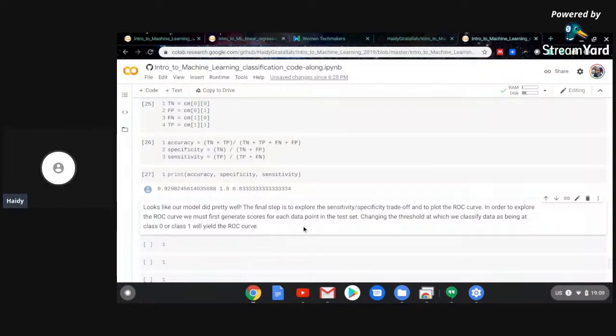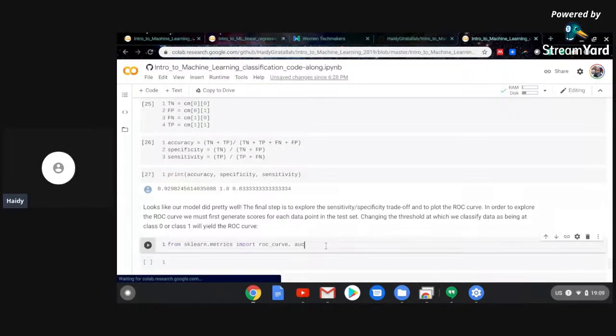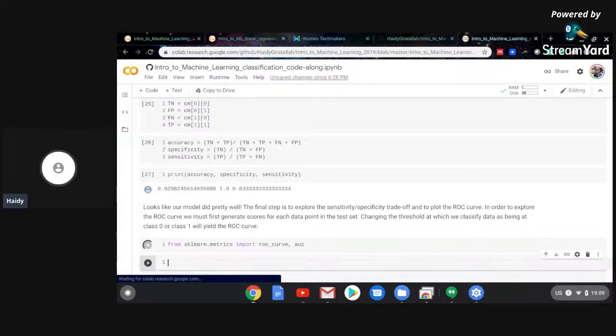Another way to visualize it, which is also a more common way of showing this in papers, is the ROC curve, the receiver operator curve, and you calculate the area under this curve. This is also a ready-made function from sklearn, or scikit-learn. So I will import those 2 functions, the ROC curve and the AUC. And then I will just tell it to